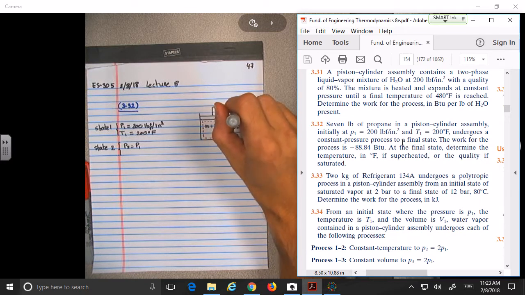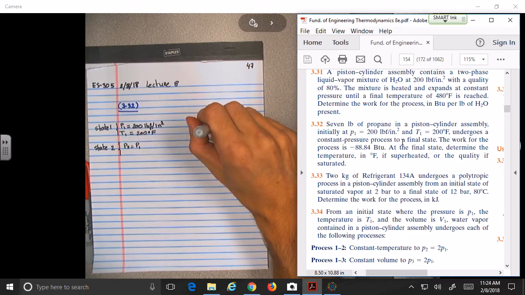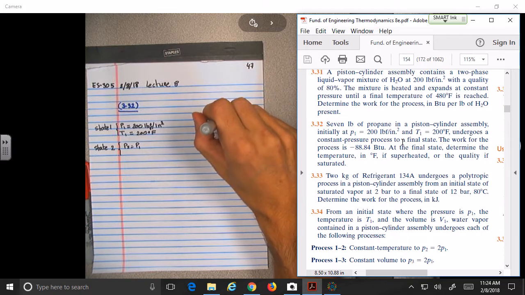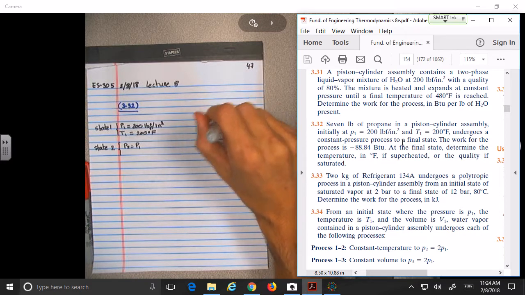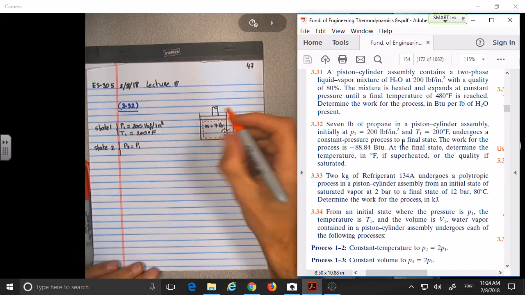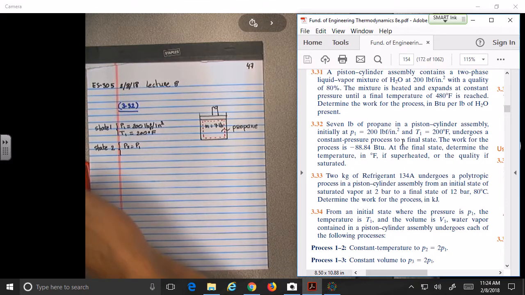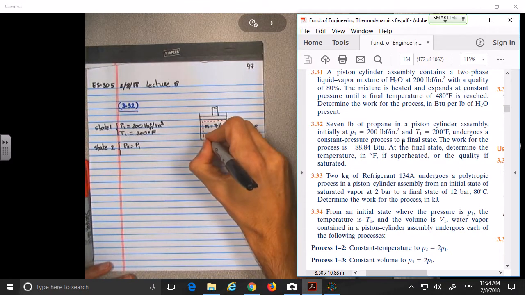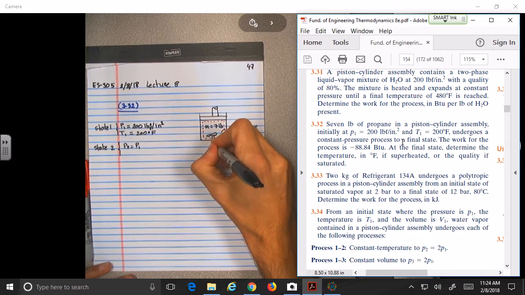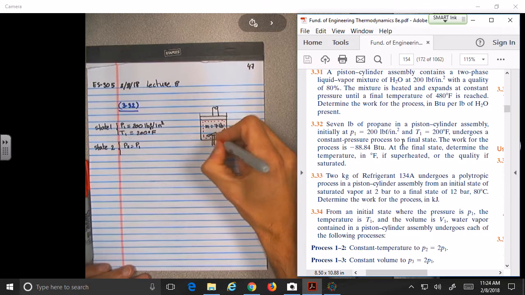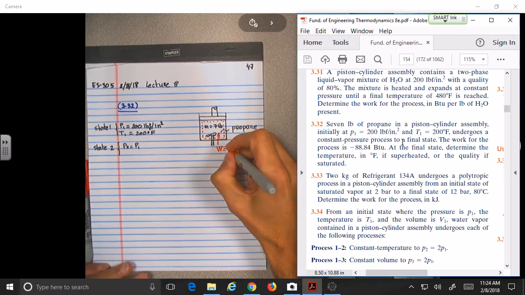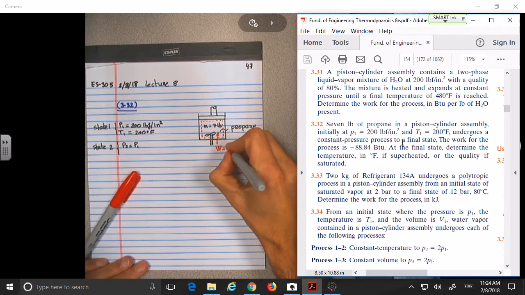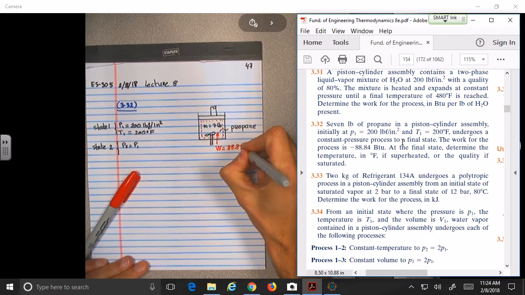It's work done on the system, not work done by the system. Imagine that you have some type of little fan. You can put work into this, and the amount of work going in through the fan is 88.84